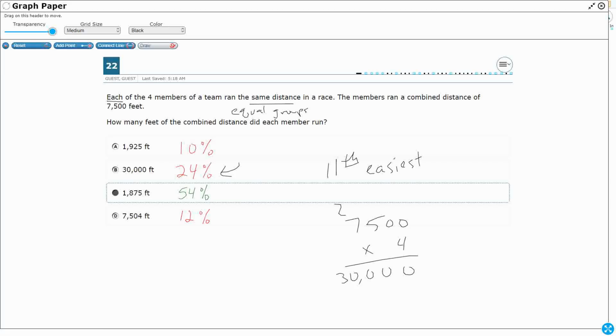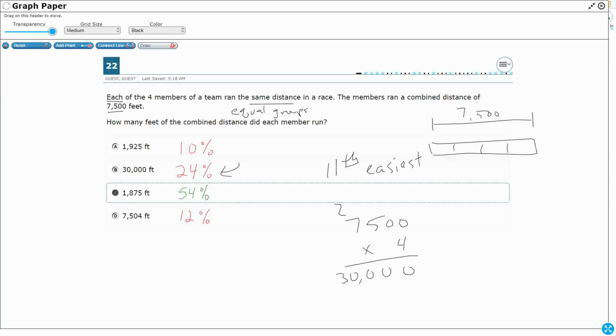We are going to get 30,000. So we had almost a fourth of our students just choose the wrong operation. So part of it is how do we actually do the long division algorithm? Part of it is how do we recognize it? And I would suggest strip diagram, because if you can represent a strip diagram, it's going to be a little bit clearer that your 7,500 is your total, which means it wouldn't make sense for each of these little subgroups